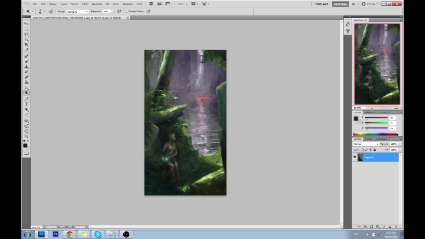I'm adding some more glow or shine. You can add this as well. I'm just going to get my soft brush on really, really low and just add a very delicate glow. I'm going to put it on color dodge, just coming right off the grass. Just like a really delicate edge glow.